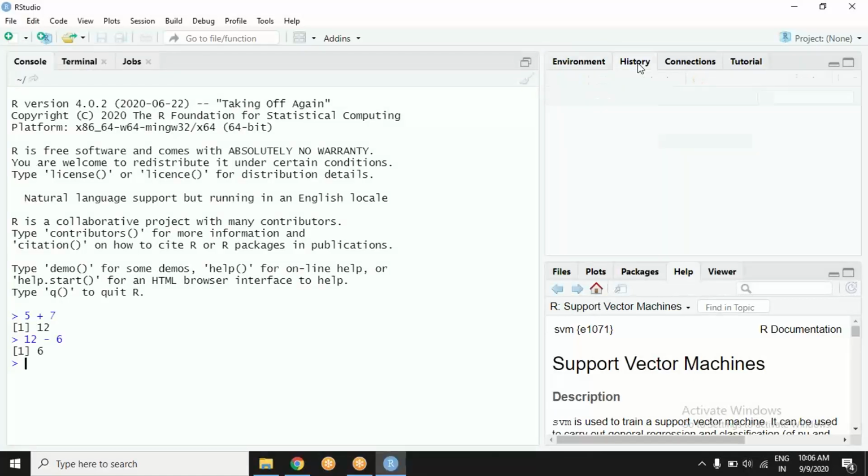There is history. And if I click on history, what do we see? I'm just seeing the history of my executions, the commands which I have executed so far. So is it useful? Yes, it comes in handy many a times when I am writing long codes of maybe 1000 or 1200 lines. I would need to check what has been the sequence in which I have run my code. So you can have a look back and see the history.